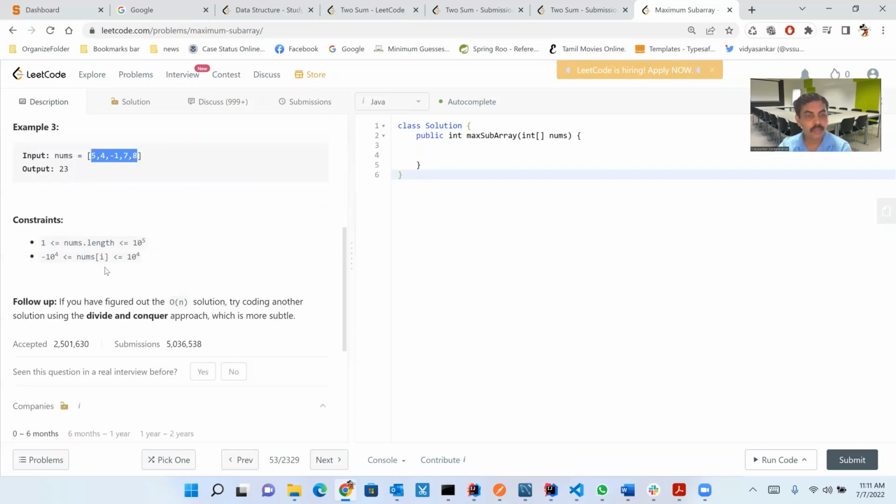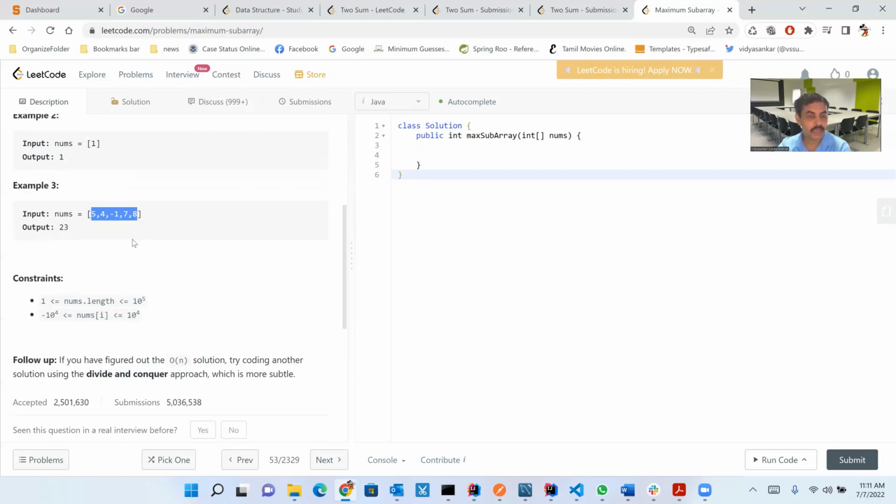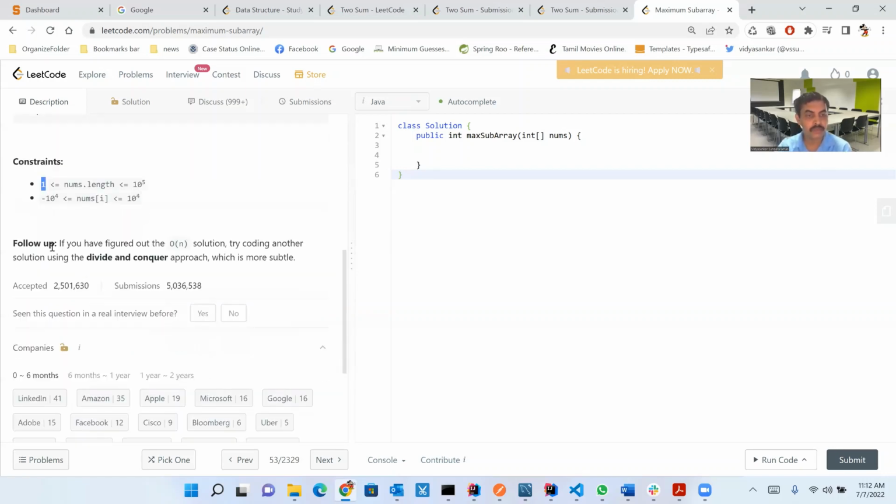Constraint: the array length should be greater than or equal to 1 and lesser than or equal to 10 power 5. The elements inside the array can be positive or negative, and the number lies between minus 10 power 4 and plus 10 power 4. Follow-up: so we are going to see what is the follow-up. If you have figured out the O of n solution, try coding another solution using the divide and conquer approach,